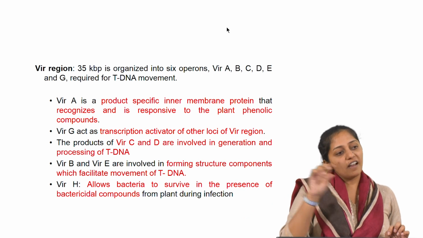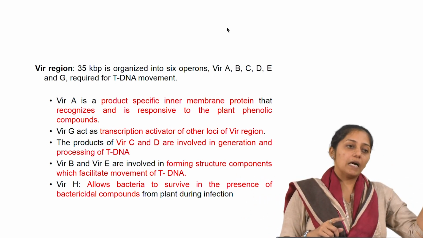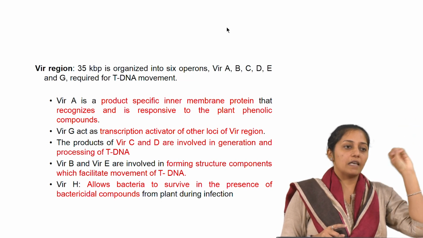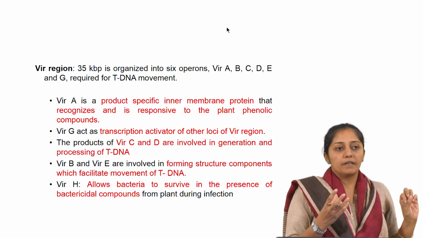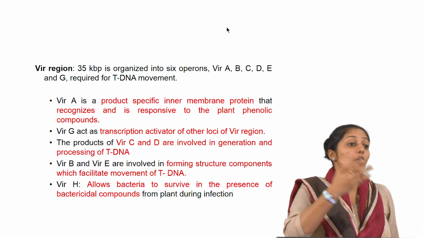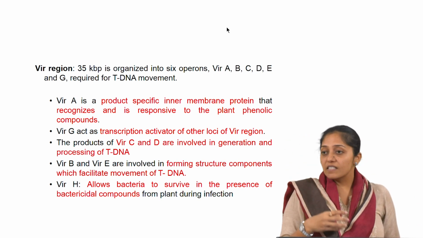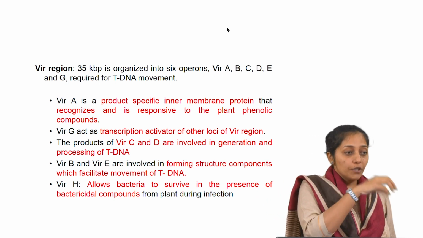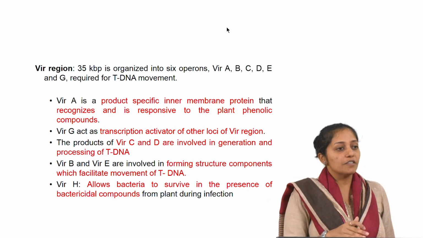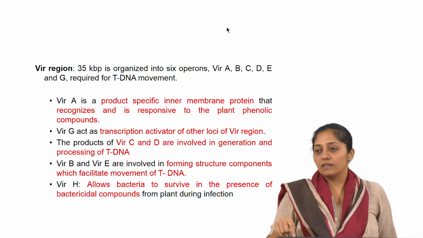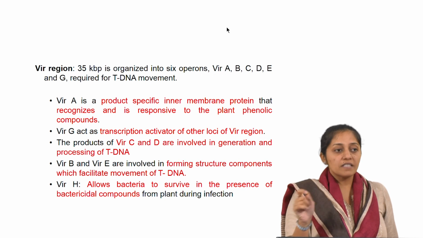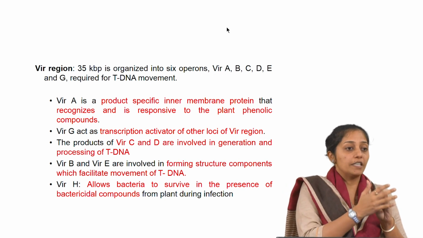It is not only transfer which is happening; from the time it induces, there are signals like defense molecules or polyphenolic compounds released by injured plant cells, which act as cues. They induce some of these virulence regions in the Agrobacterium, and these different proteins will be responsible for first induction